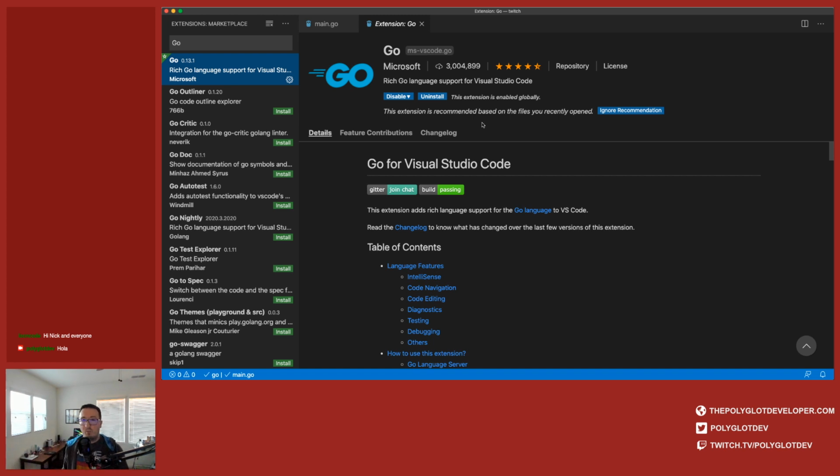If you were to try to do Go without it, it's possible, but you're not going to have a very fun experience. If you install this, it does quite a bit. You get IntelliSense, so you get the type ahead. It does some error handling. If you start writing test files, it'll do code coverage for you, and you can set it up to run your tests on save, all kinds of good stuff.